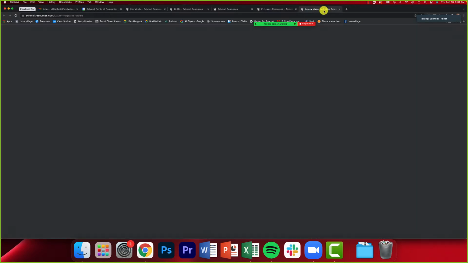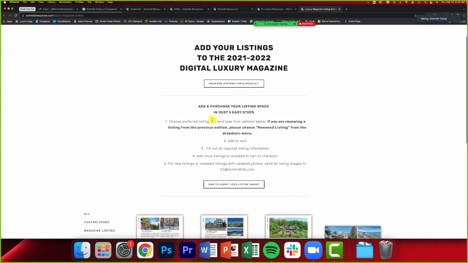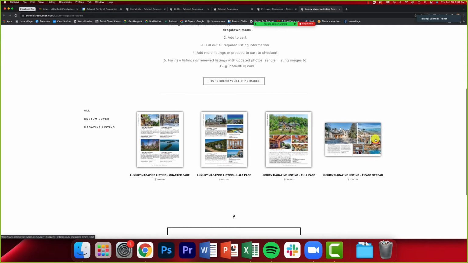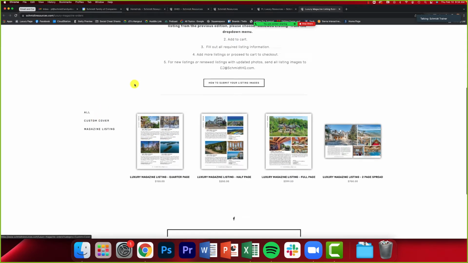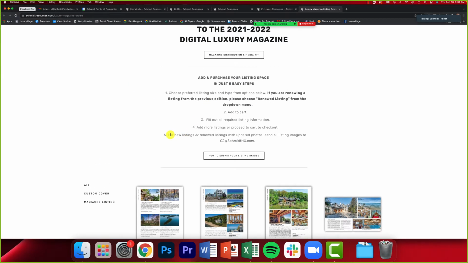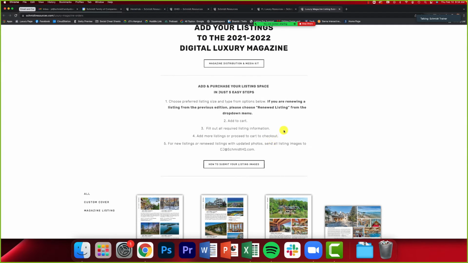So if you open that button there, you're going to see everything you need to do in order to purchase a new listing in the magazine, or, and this is an important one that I think a lot of agents forget, if you have a listing that's sold, remember that space in the digital magazine is yours for